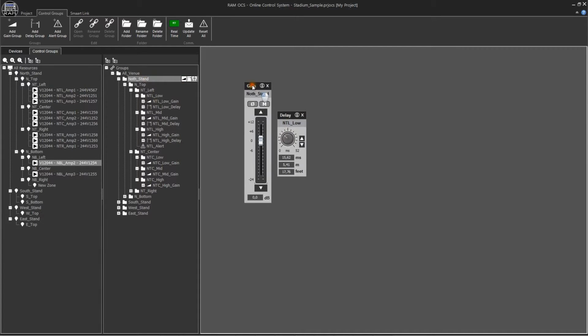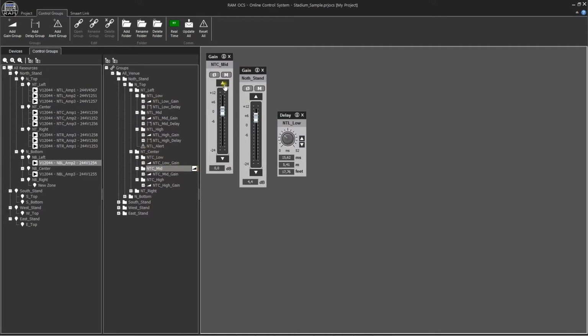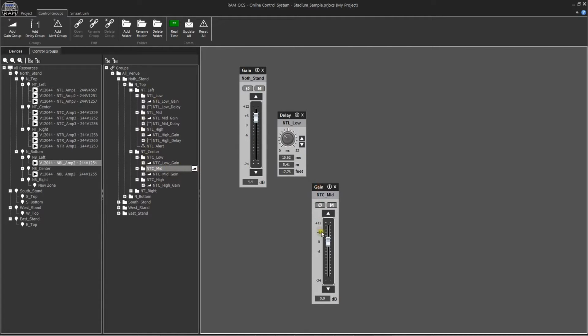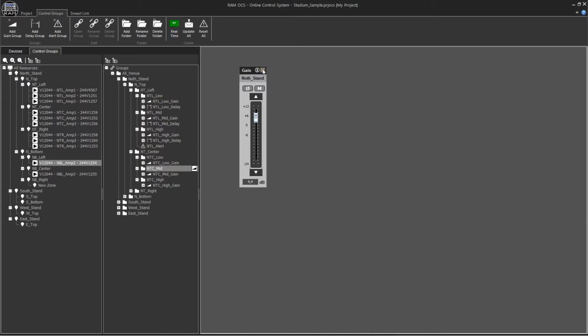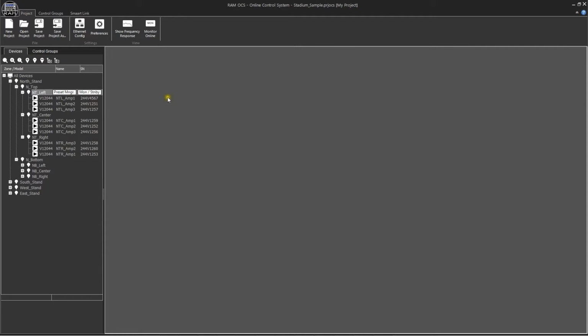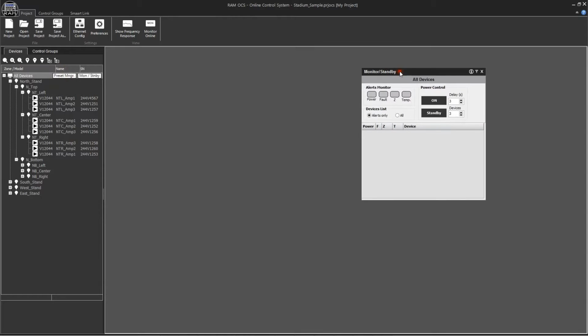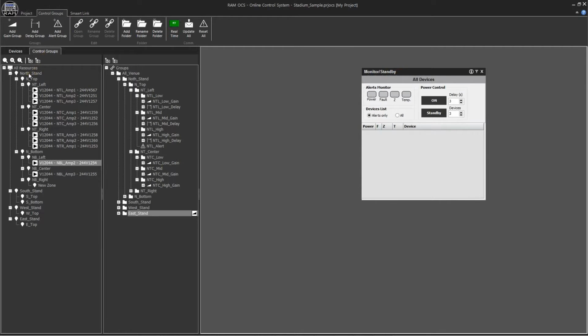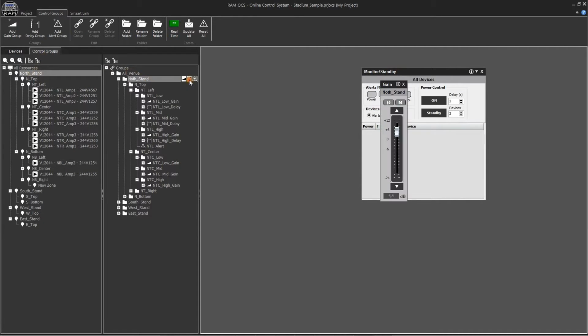This way, for example, we can control delay for the low ways in the top left north zone, or the gain of all the ways in the north zone, or the gain in the mid ways in the top central north zone, etc. The organization of the structure depends on our needs, with it being possible to nest all the groups and folders necessary. The only thing we can't do is put the same resource in 2 different folders, as this would produce a duality or recurrence.